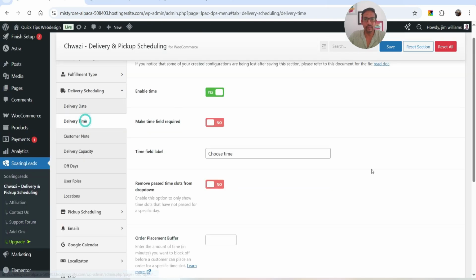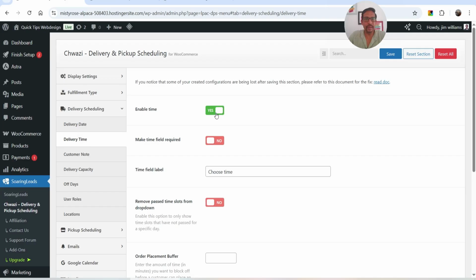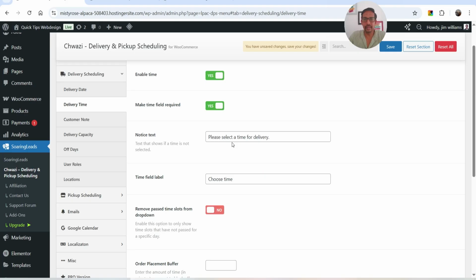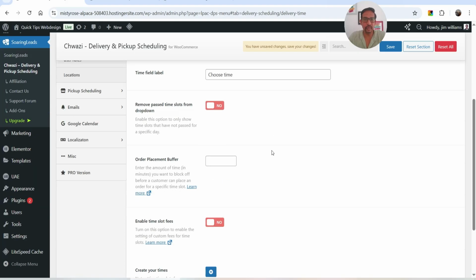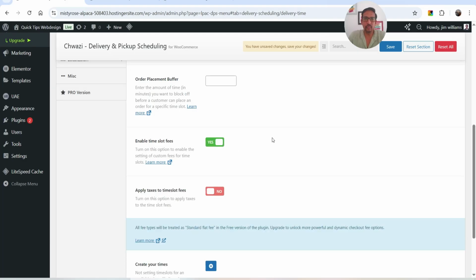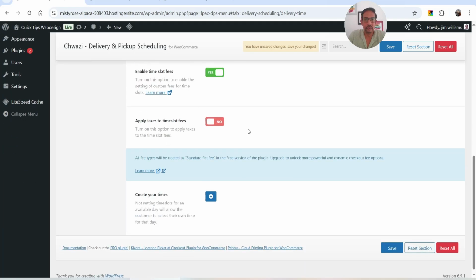Now let's go to delivery time. Now if you want to enable the delivery time, you can enable the delivery time and make the time field required, and this is the text. Please select a time for delivery. Remove the past time slot from the drop down is, let's enable that option. Order placement buffer, you can also set the buffer time there, and enable time slot fees. If you want to charge extra for a specific time slot, you can enable that option, and you can also